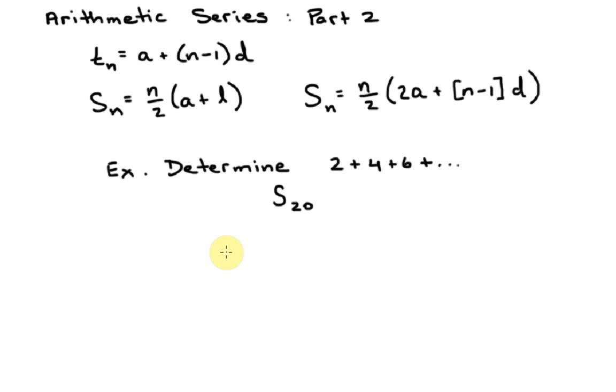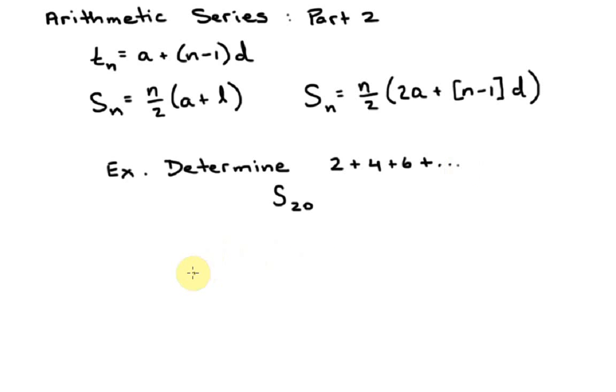All right, welcome to Arithmetic Series Part 2, and as you can see, I've already listed the formulas. There's the formula for finding an individual term, and then we have the two formulas for figuring out the sums or the series of several terms, and I have one example already written up. We're to determine the sum of the first 20 terms of this particular series, 2 plus 4 plus 6